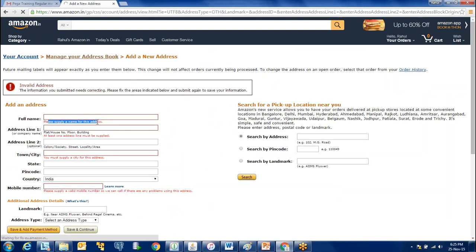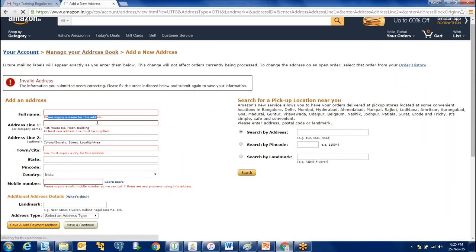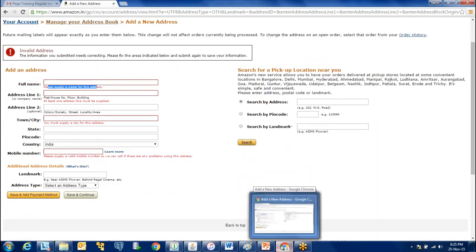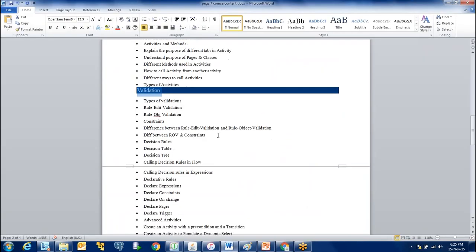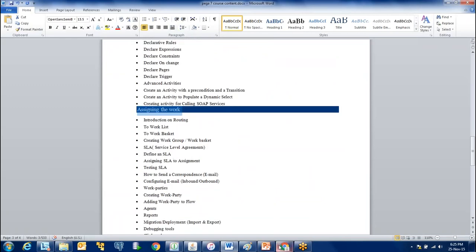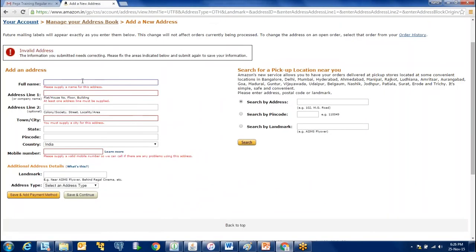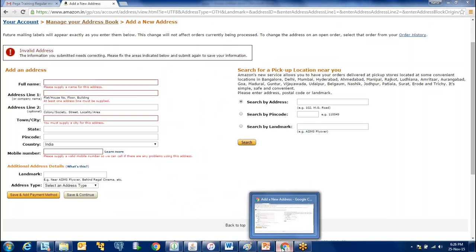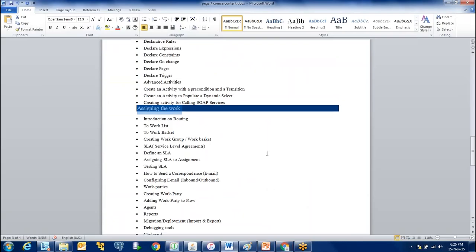These validations can be done without any piece of code within Pega, just by configuring things. Then assigning the work and routing it. The moment I fill up these details, it gets assigned to a backend person who would validate this information so that the delivery can be easily done by Amazon.